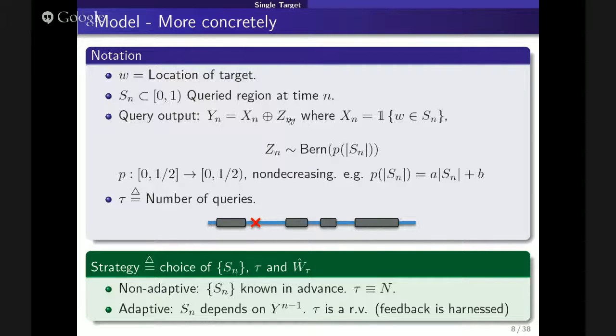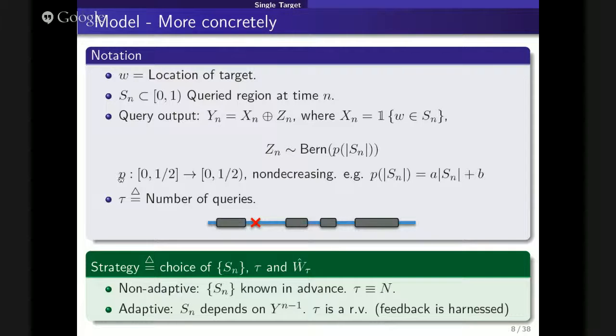plus noise, denoted by Z, and Z is Bernoulli, where the probability that Z is 1 depends on the size of the queried region. So this small p is a function of the cardinality of the queried region, a function from 0 to half into 0 to half. All we want is for it to be non-decreasing, so if you query a larger region, it will give you more noise.